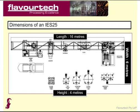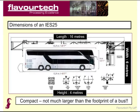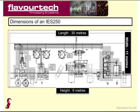In terms of dimensions, and this is really where it comes into its own, the IES-25 has a length of 16 meters, and I have to say that this particular design includes a spinning cone column, a decanter, a centrifuge, a filtration step, an evaporator, the tanks, and you can see the length 16 meters, the width 6 meters, the height 4 meters. And in fact, if you have a look at your local bus, the footprint of the IES-25 is not much different to the size of a bus in terms of height and in terms of length. In fact, we've left enough space for a forklift to go in between each of those modules, so that can be condensed even further. The IES-250 is a little bit larger,